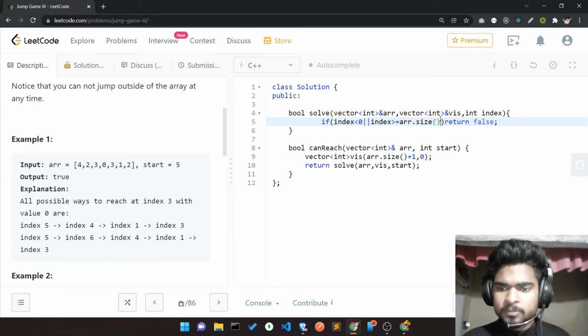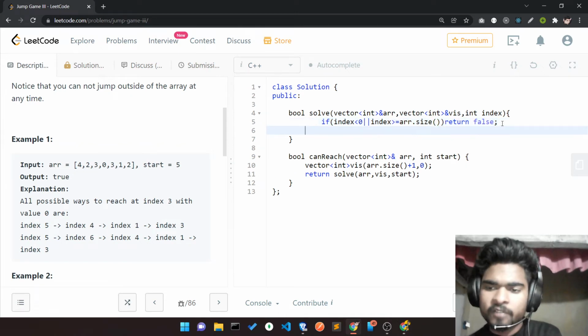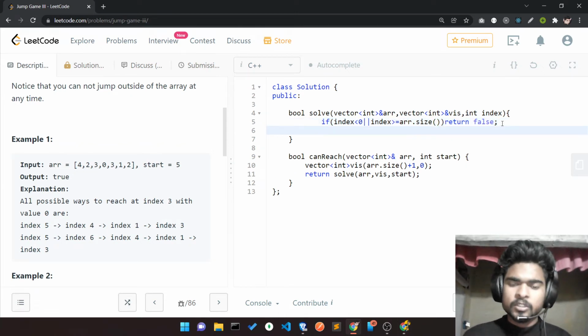It might also be possible that I get a visited index, which is highly likely. I'll talk about that after this.